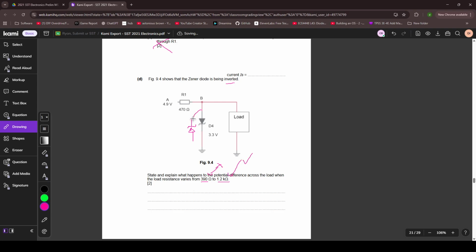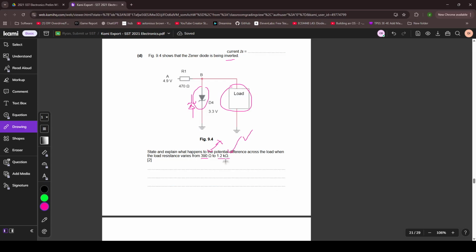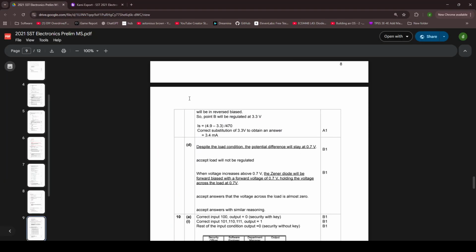The moment you put it in forward bias, it stops regulating the voltage. So it doesn't care whether the voltage across it is higher than 3.3 volts. It's just going to act like a normal diode. So when the resistance is 390 ohms, the PD across the load will be the same, but when it's 1.2 kilo ohms, it'll be higher. How do they